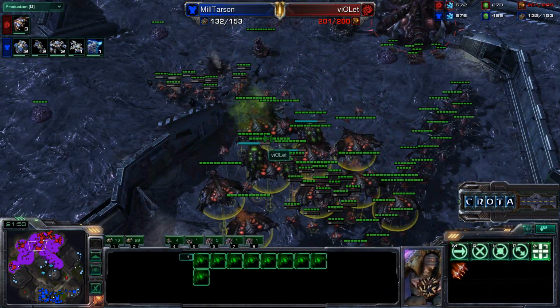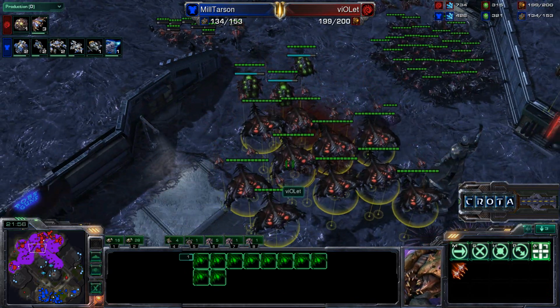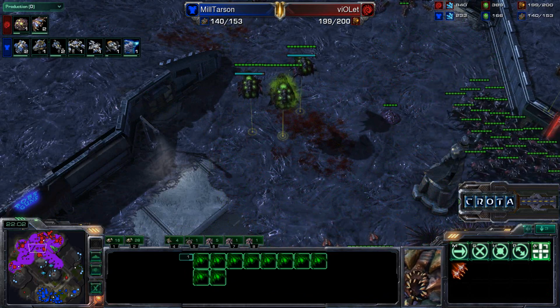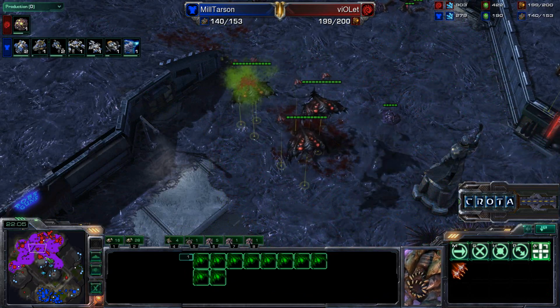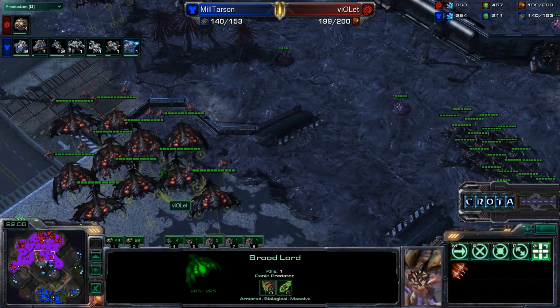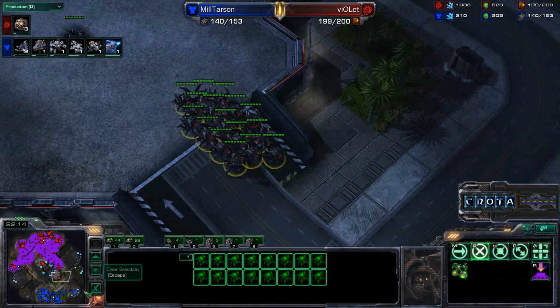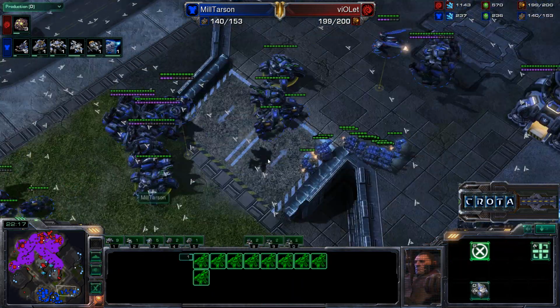So now these very slow-moving Broodlords are making their way out. We can see one Viking being trained. That is not going to be enough. He should really cancel the Banshee as well, going into additional starports, and he needs something to really counter these Broodlords. Broodlords gonna be able to rain a lot of broodlings straight up onto all of these siege tanks here,